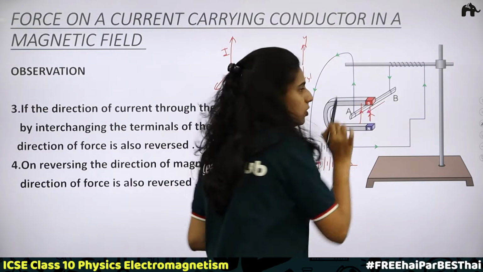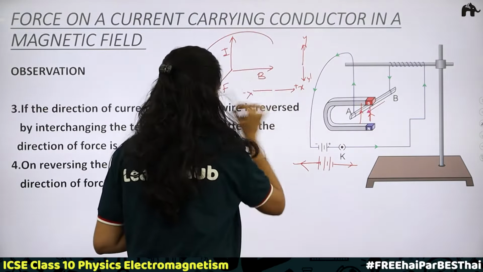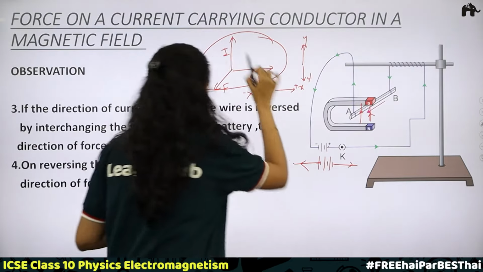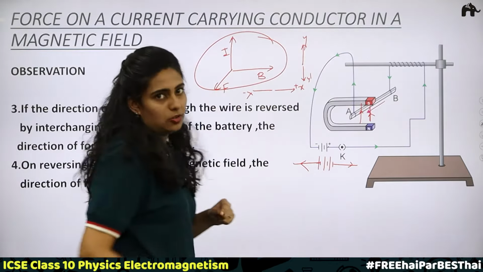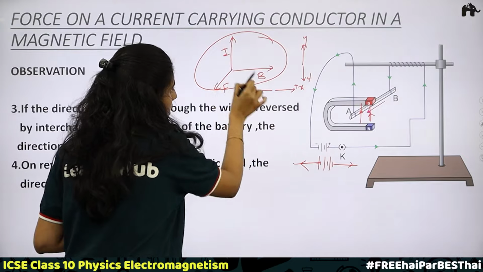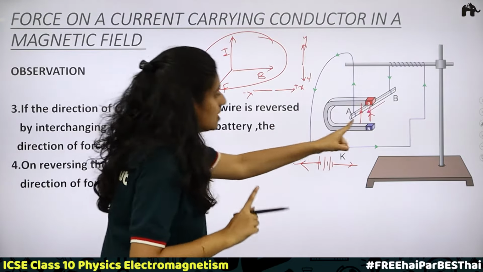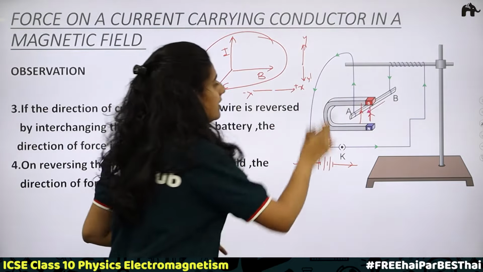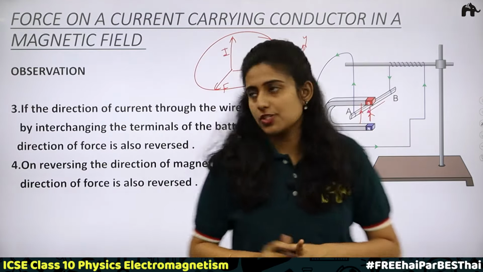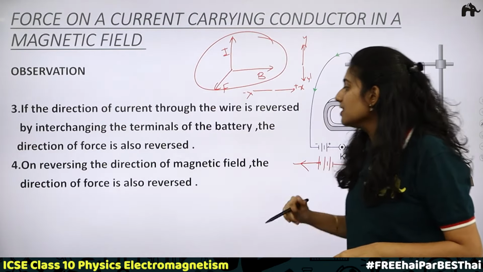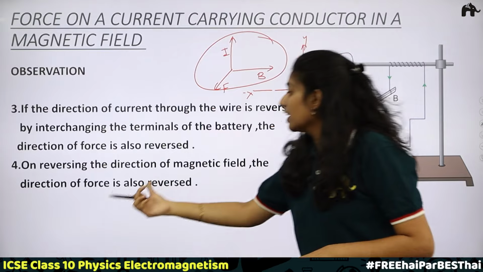They should be perpendicular to each other. Okay, remember, this is how they should be. Current, magnetic field and force will be perpendicular to each other. Since here, current and magnetic field are along the same direction, parallel to each other, there will be no force. There is zero force. Now the fourth point, on reversing the direction of magnetic field, the direction of force is